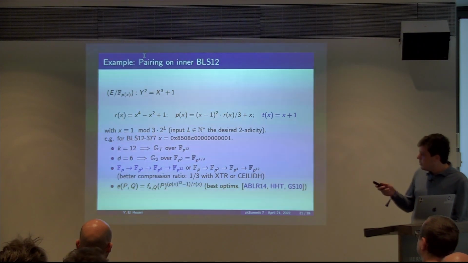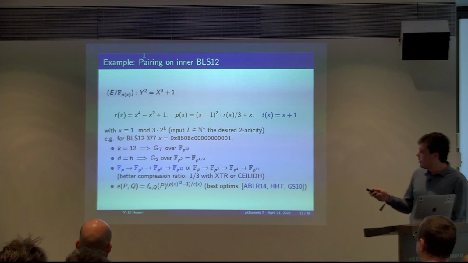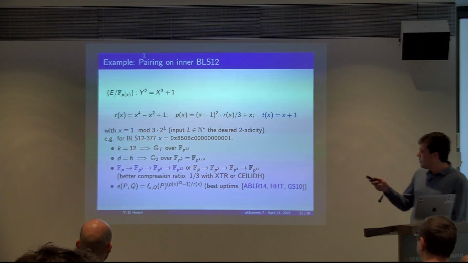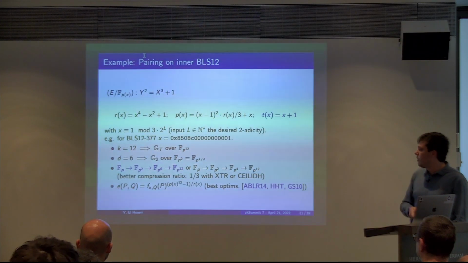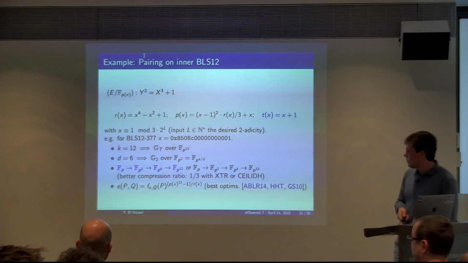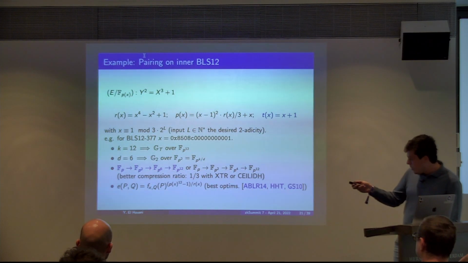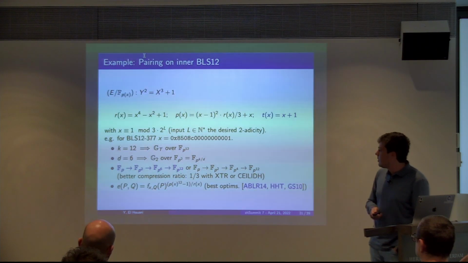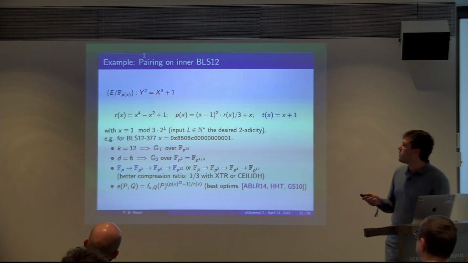But inside the pairing, we will choose the first one. The difference of performance is slightly the same. But if you use the second one outside of the circuit, you have better compression, so you have a ratio of 1/3, and in the first one, 1/2. But those are details. The point is, we need to implement this Miller function and then this exponentiation inside of the circuit